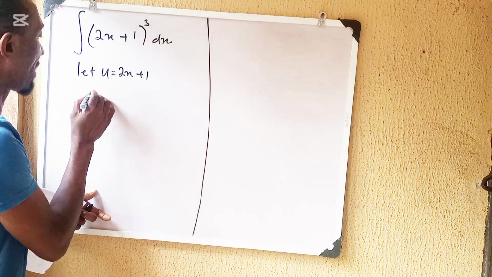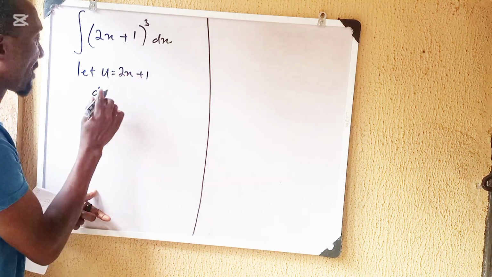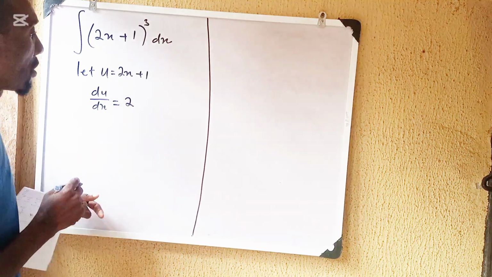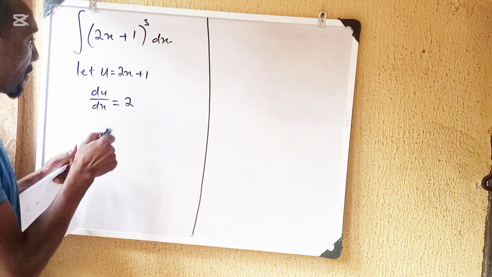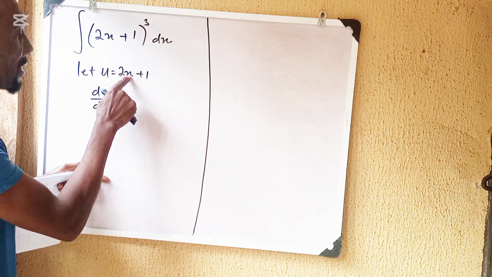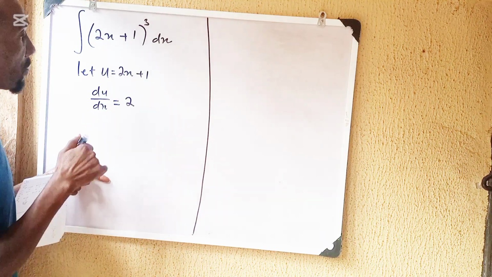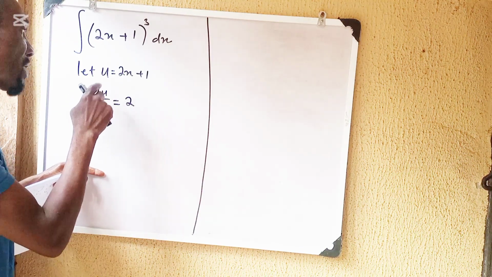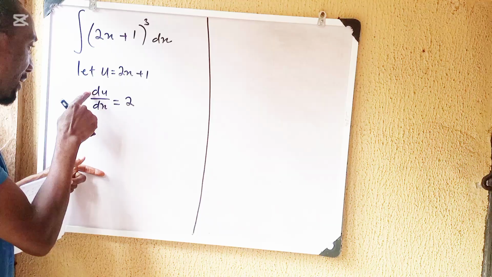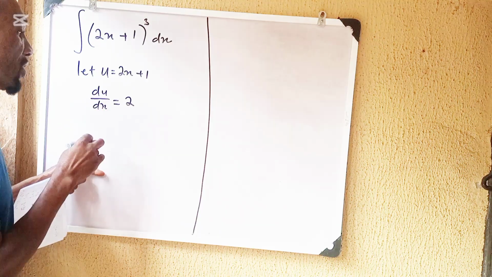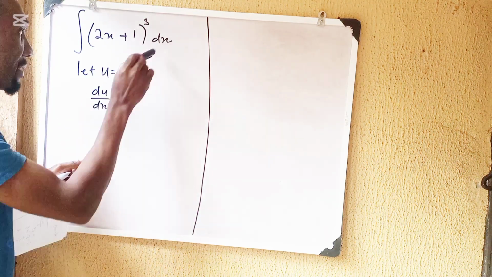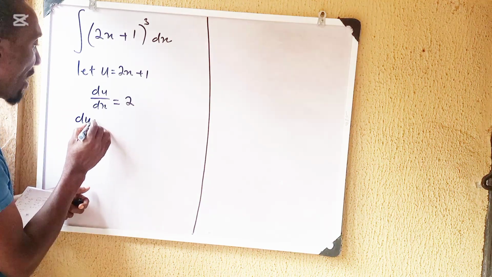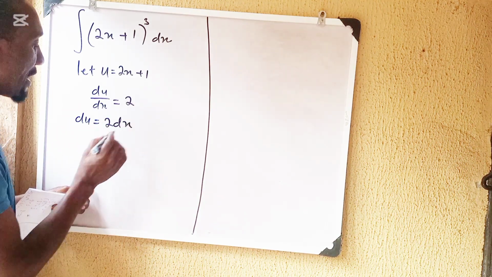Such that if you're differentiating u now with respect to x, you have your du/dx will give you what? 2. Because you know that when you differentiate a constant which is 1, it goes off, and when you differentiate 2x here, you're going to just get 2. So remember, this is differentiation, but we are not doing differentiation, we are going back to integration. So we're going to make dx the subject of the formula so that it will replace this dx here. That means we're going to have du = 2 dx,